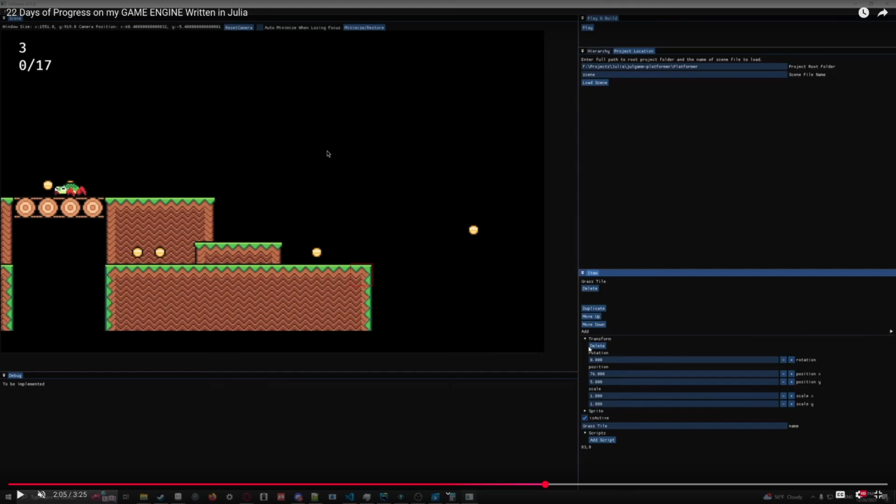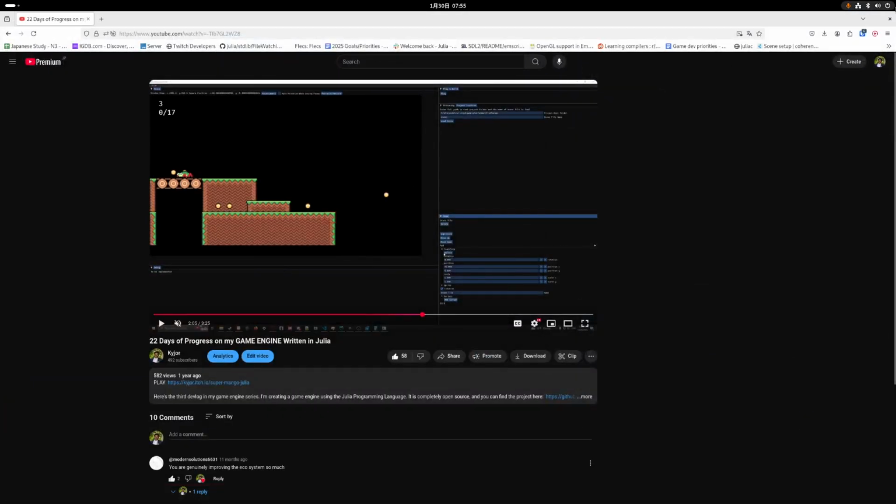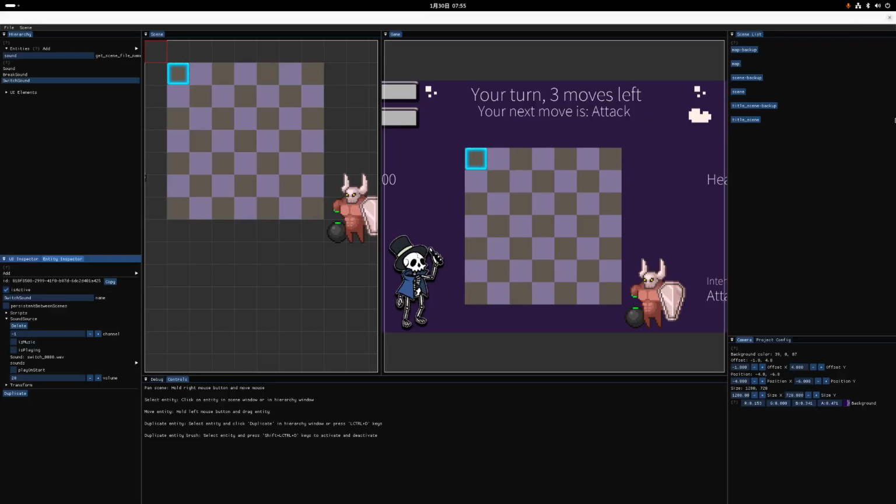So I basically had to figure out how to do that. I'm not going to go into that. I'll probably leave a link to the repository that I created, but essentially I had to create an SDL renderer backend for this ImGui in Julia. And so I just went to the C++ version and basically converted